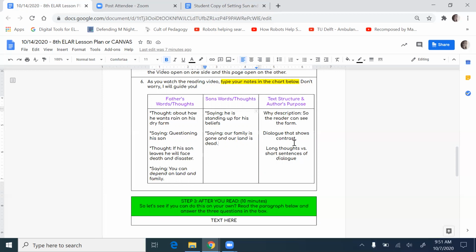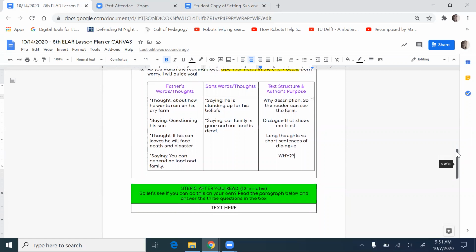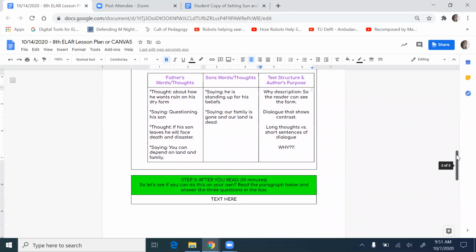I want to see what the best thing is that you can put in your box. So you continue filling out this box. Give us the big why. Why did the author say this? Okay. All right. And then once you've filled out that box, you're going to come back and